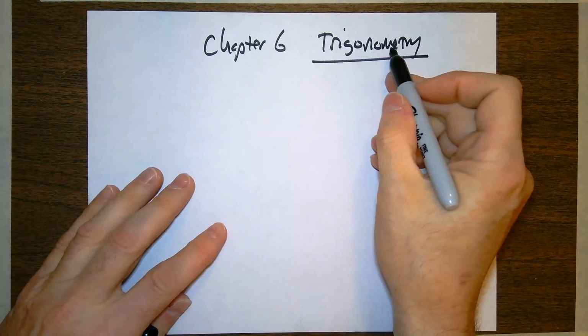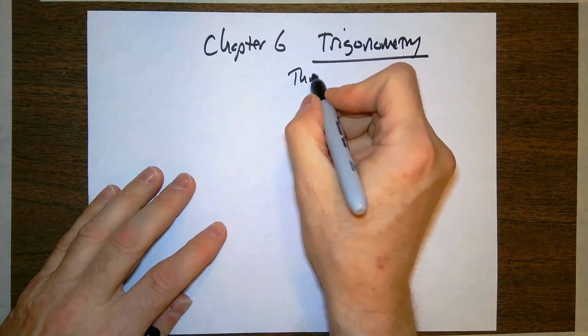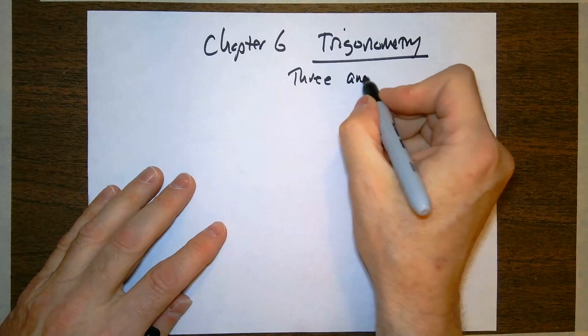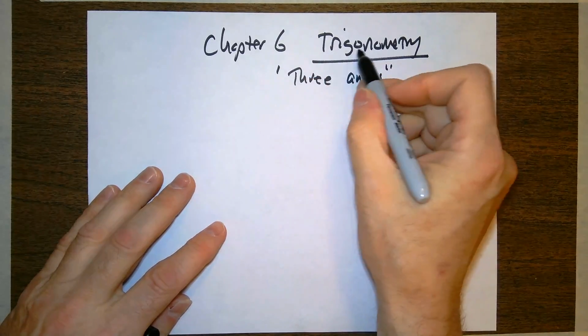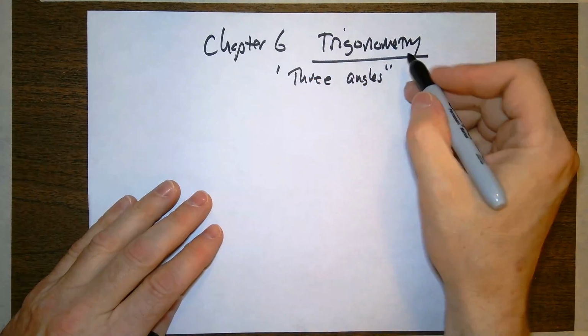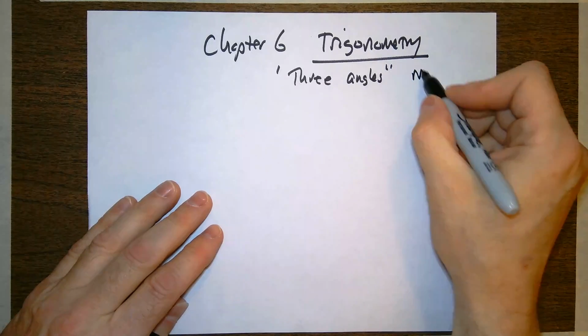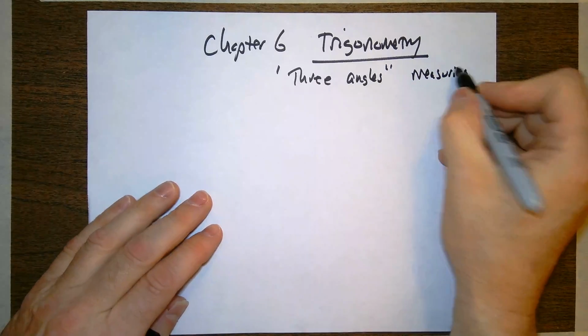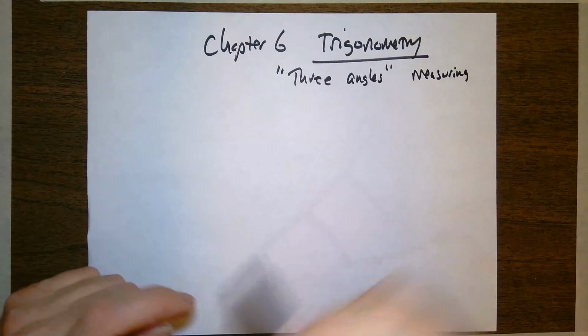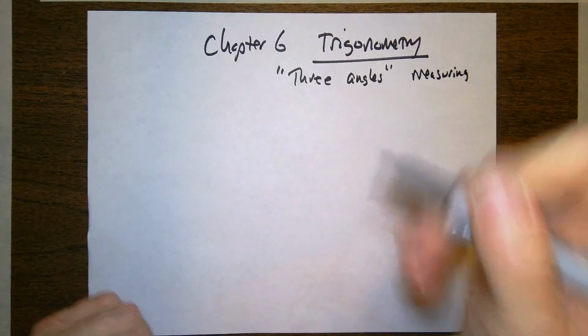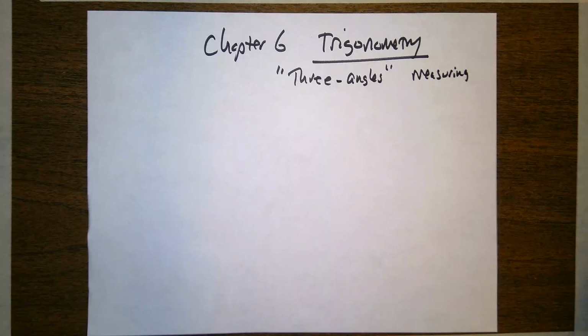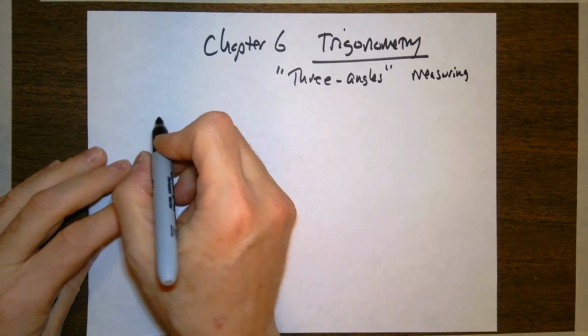Now this word trigonometry, tri meaning three, gon is dealing with angles, so this is three angles, and whenever you see the metry suffix, it means measuring. So the word trigonometry literally means triangle measuring, things with three angles. And we're going to start off with right triangle trigonometry. Most of the things will be right triangles, and then we'll kind of explore and go on from there. So it's all about relationships in angles. So let's take a look at